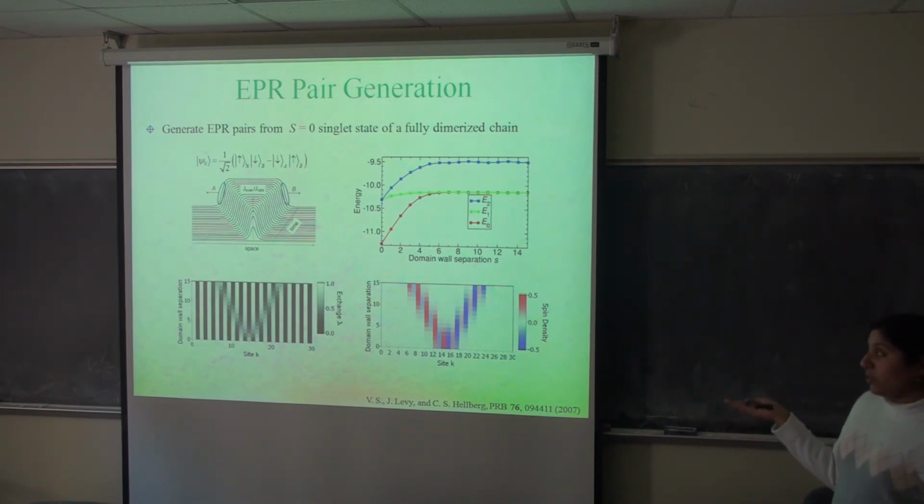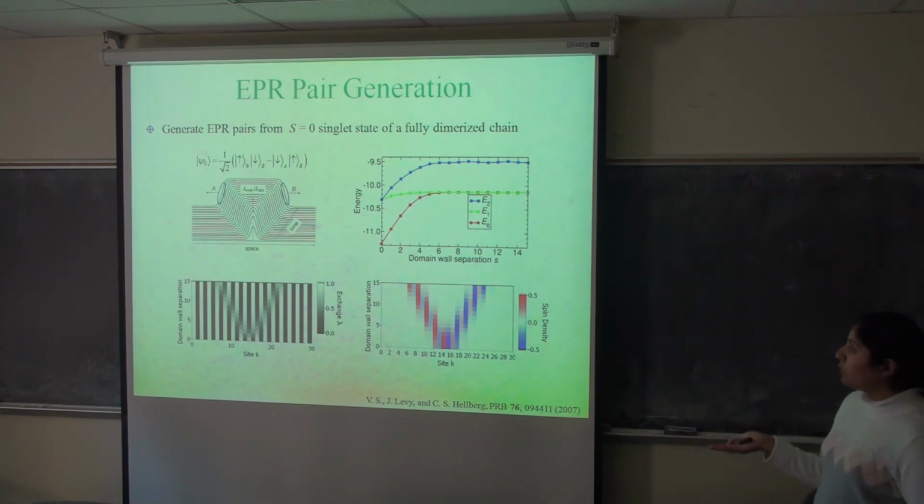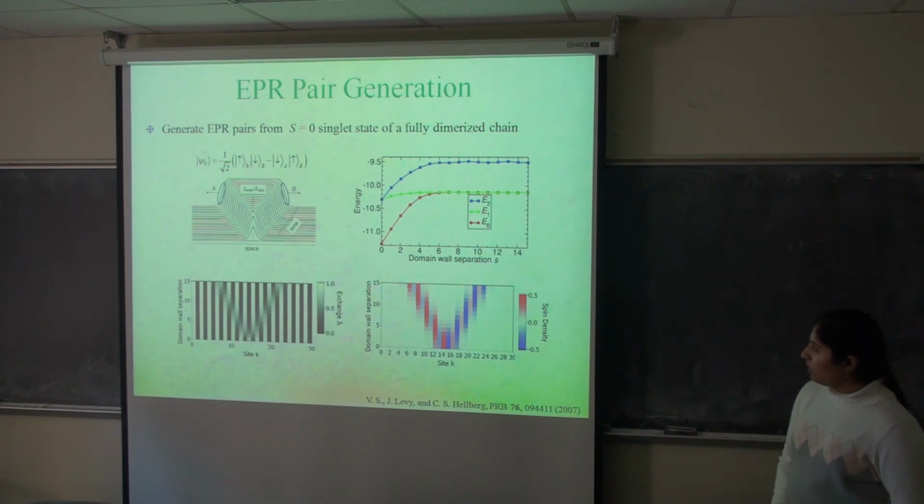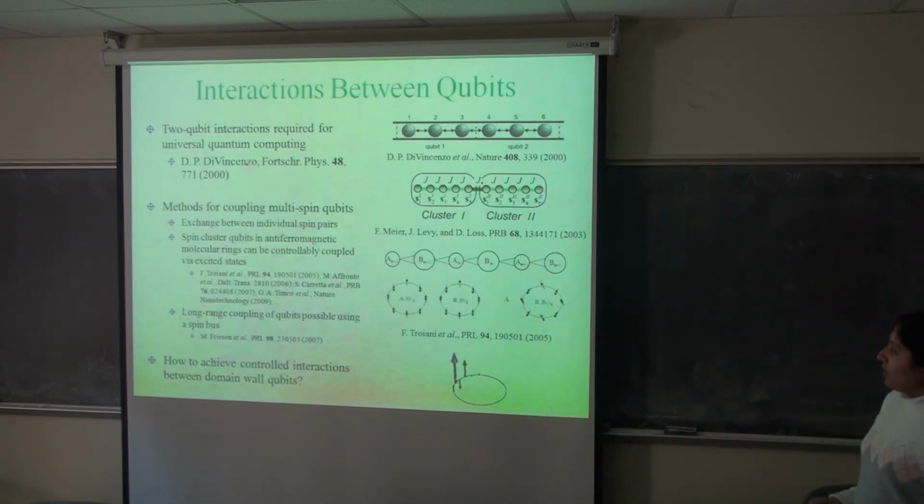And because the Heisenberg exchange interaction conserves both the total spin and the total z component of spin for the system, we know that the 2 qubits will remain in a singlet state as they're moved apart. And because the singlet state is an EPR pair, which is an entangled state, we now have a way of efficiently generating a physical resource. So now we can consider how it might